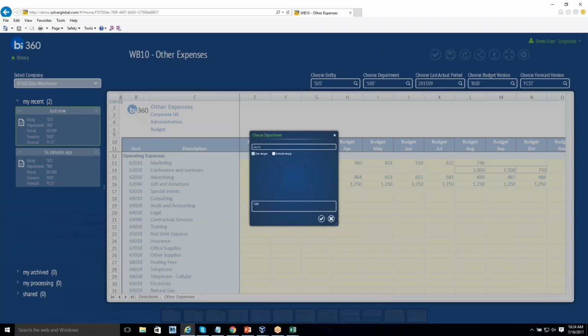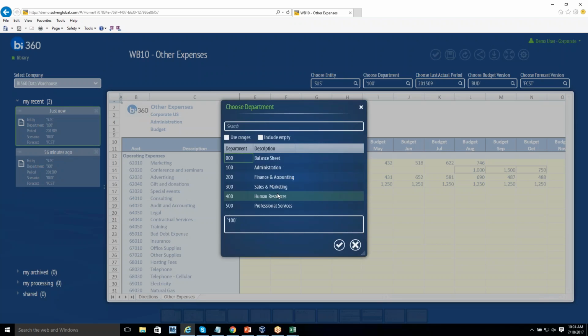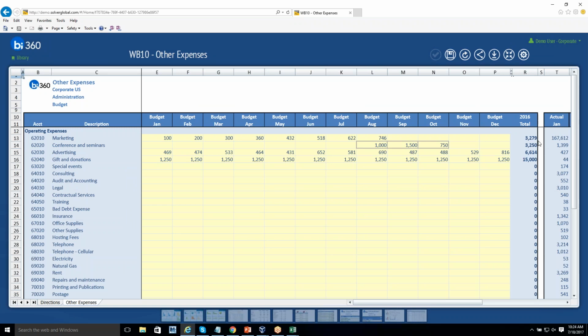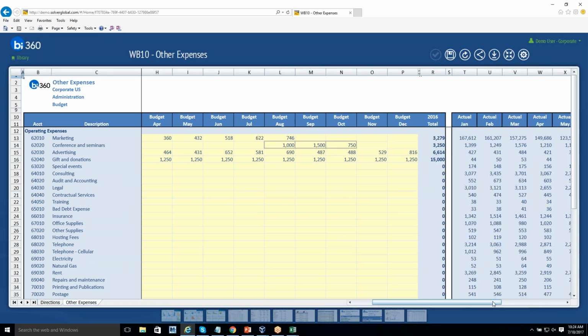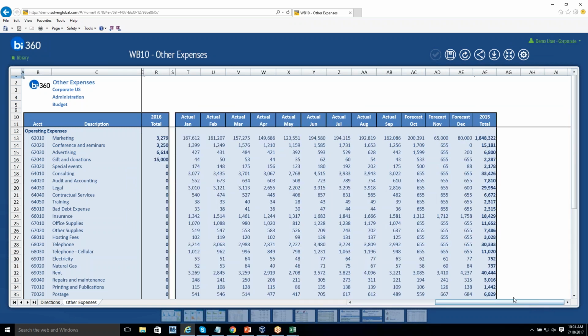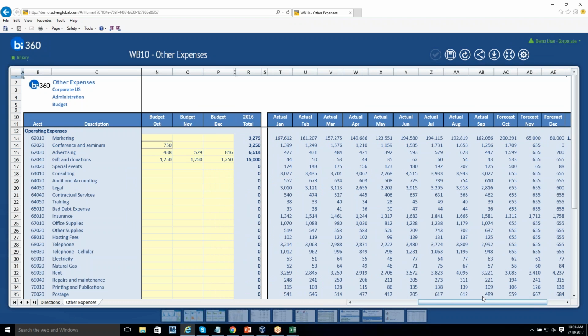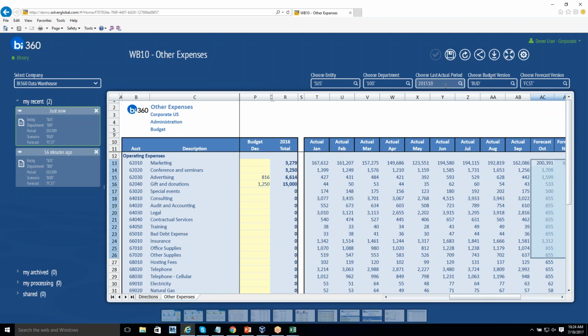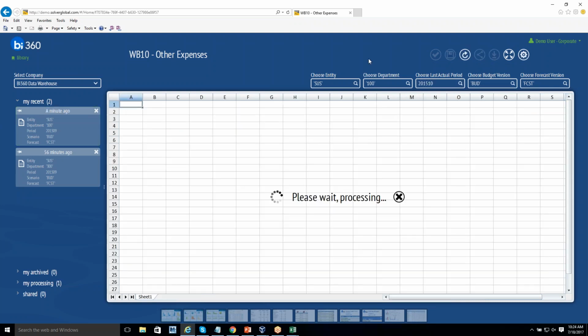Was mentioning this earlier, but here's department, so you'll only see the specific departments you'll have access to. Expand this out. You see next year's data. Over here you see actual plus forecast. And what's really nice here is, yeah, you're forecasting, but maybe you're not done budgeting. Next year, or actually next month in October, right, you see the forecast. All you have to do is go in here, click October, click a button, and now when I expand this out,